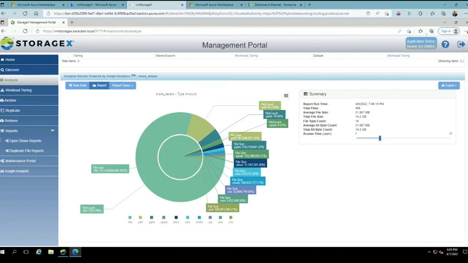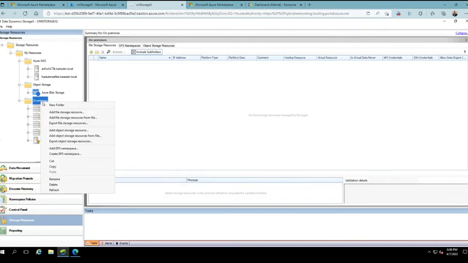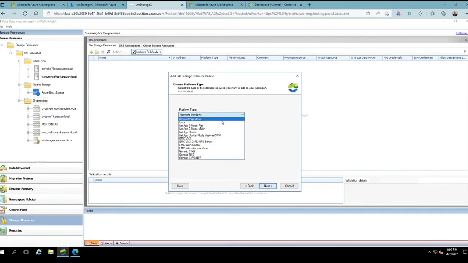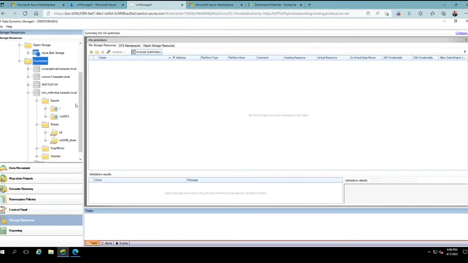And then once I have that info and I'm ready to move forward, StorageX makes it really easy to do things like add a net new storage system that I'm going to go ahead and set up migration jobs for. So you can see the different platforms that are supported here by StorageX, and I follow a simple wizard to add my credentials in and then go out and scan those shares or exports and set them up as sources for a migration activity. Once I have them discovered, like I have some NetApp ONTAP NFS exports and SMB shares here,